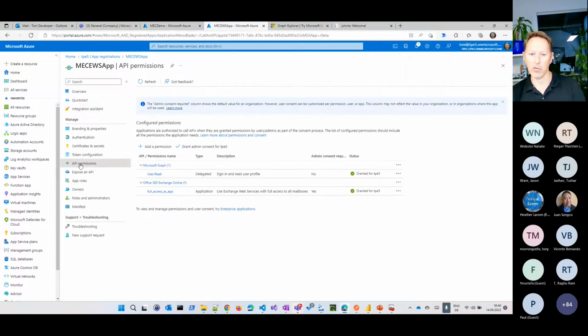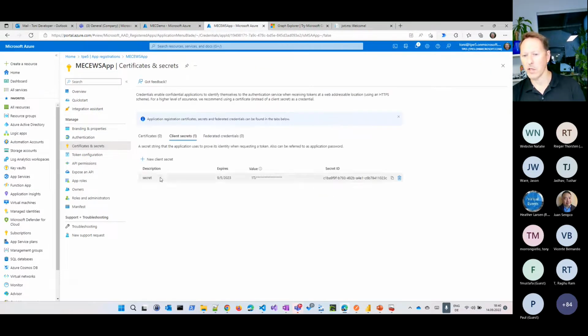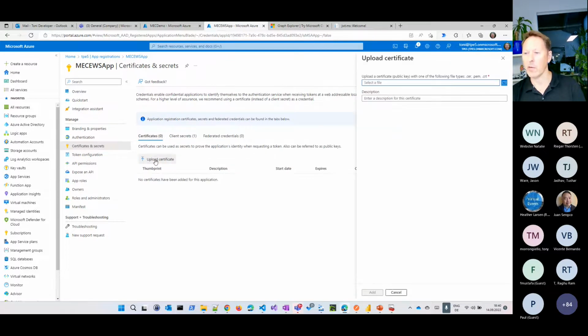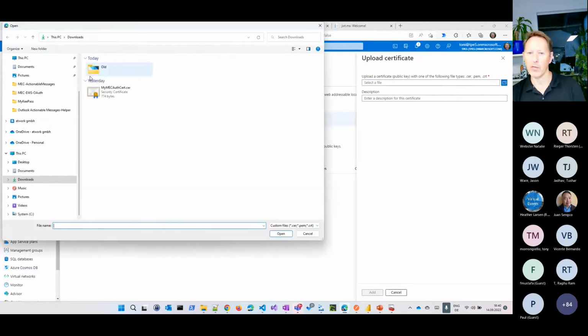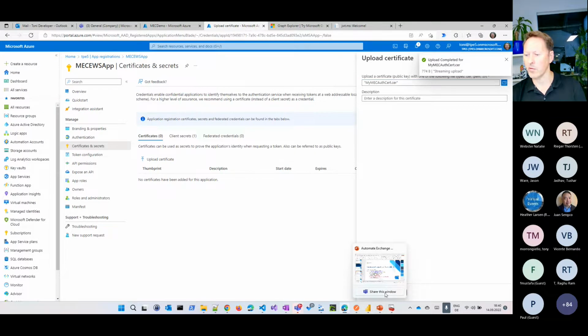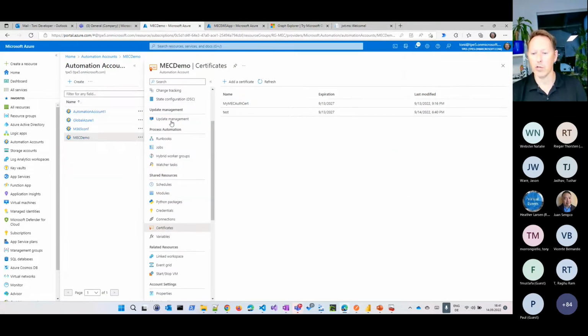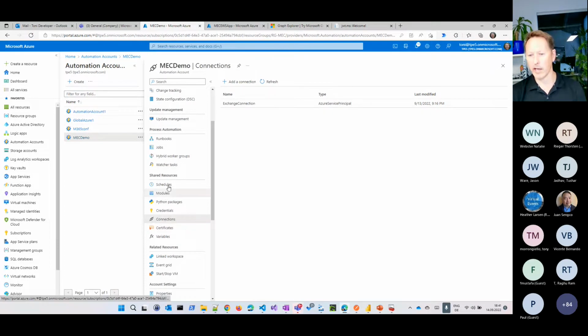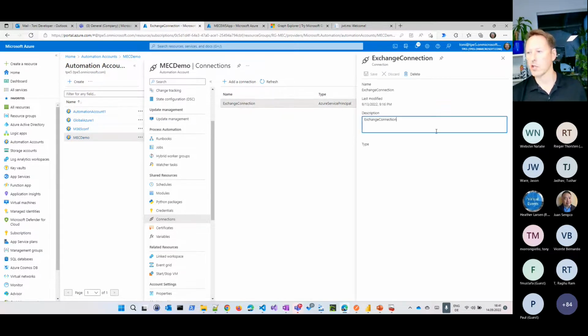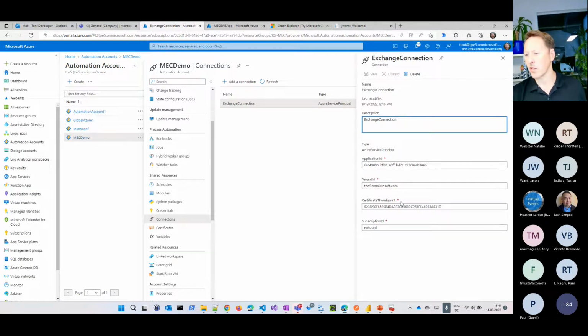The second thing, I would go to the application and upload the second part here, go to certificates, upload the certificate, and do the same thing with the file with the public key, in that case, this one here, and add it to this application. So let's add this to the application. So these are the 2 parts here. I also have a thumbprint, and the last part here, if I want to use it, I created a new connection. Again, everything in here in the shared resources is stored in a key vault that's behind that automation account here. I added a new Exchange connection and said, that's my application ID, that's my tenant, that's my certificate thumbprint, and subscription I simply didn't use.